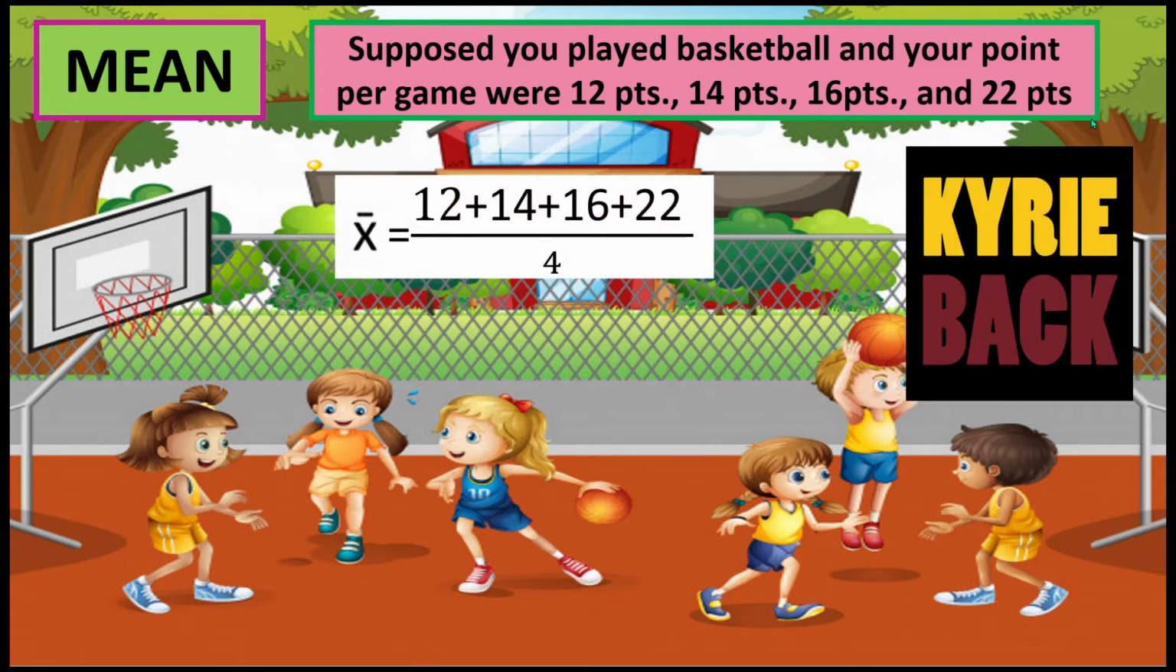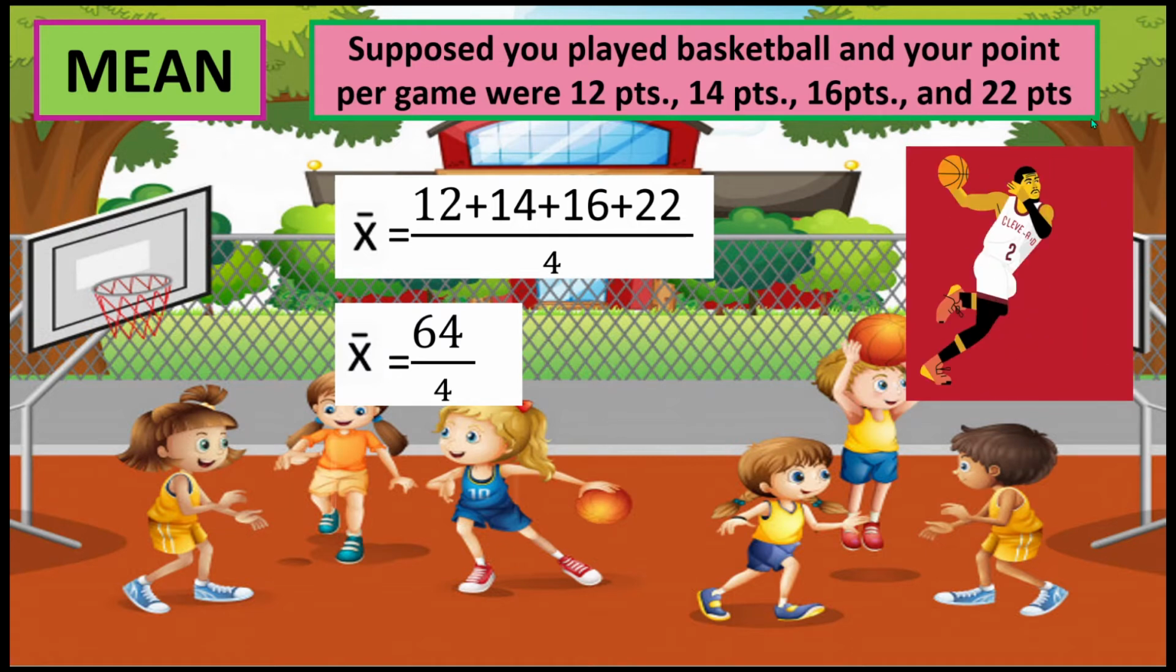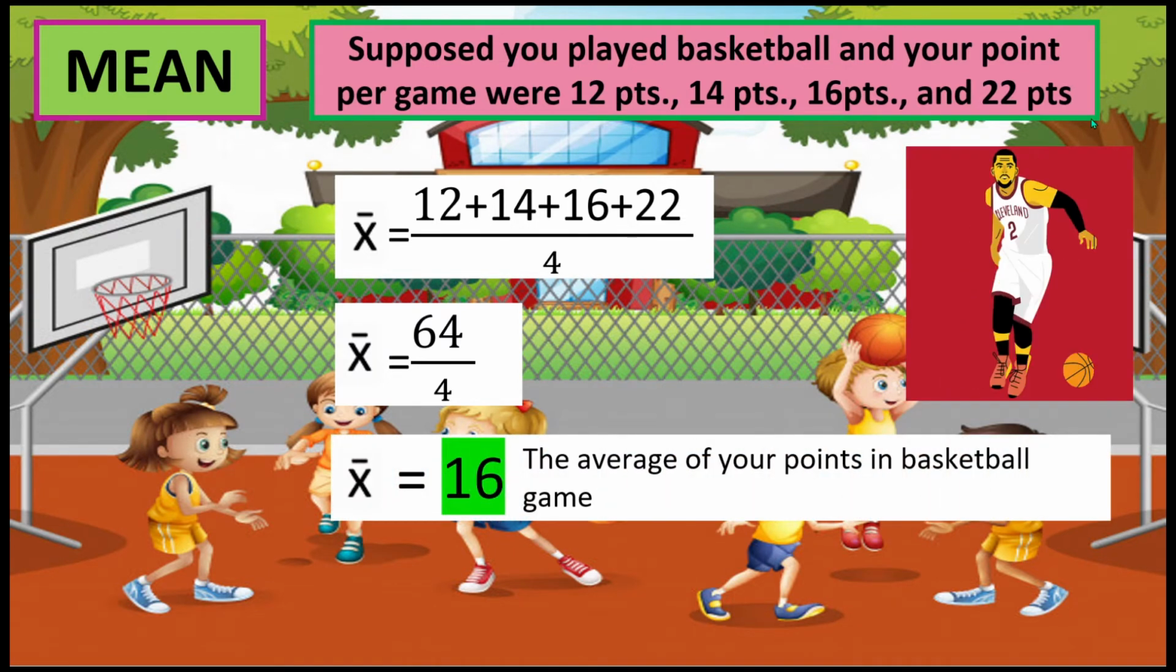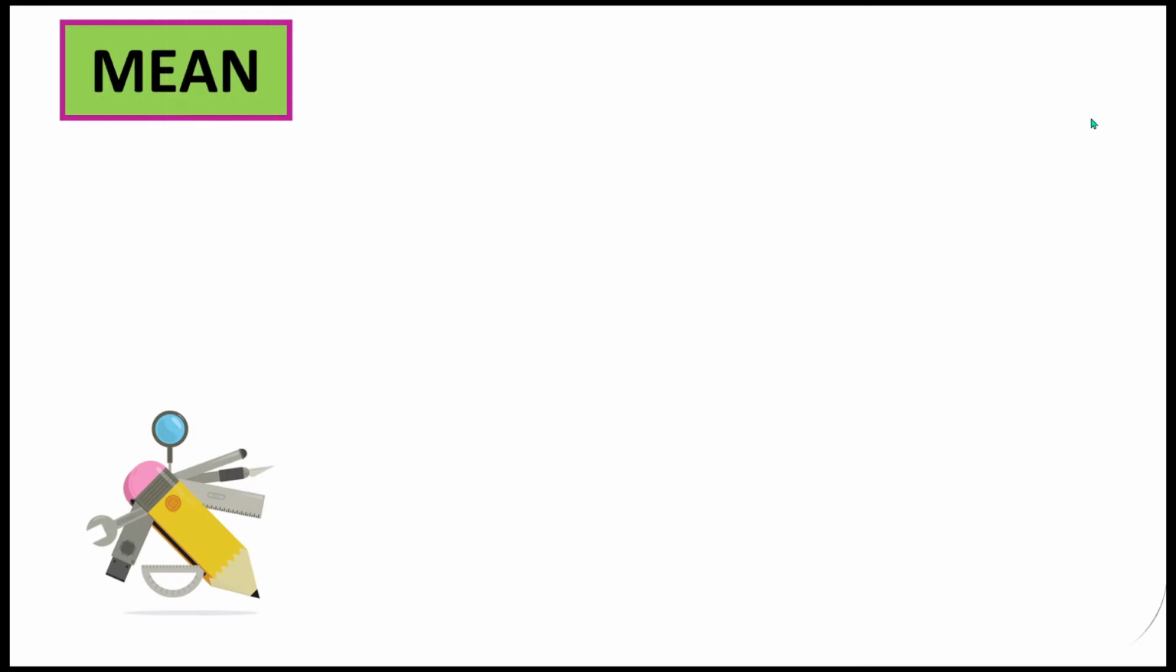To find the mean, add all your points. So, it will become 64, then divide by 4. The answer is 16. That is the average of your points in basketball game. I hope we have the same answer. Another is,